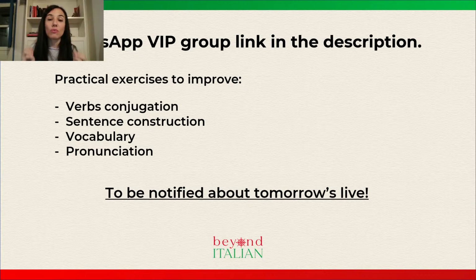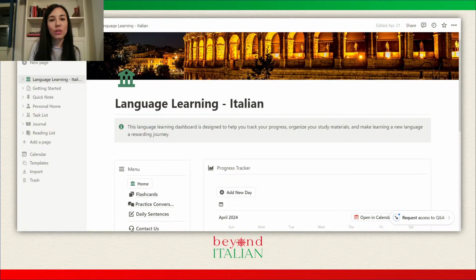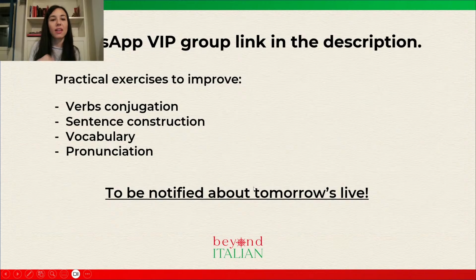Wednesday is focused on vocabulary. So I choose a word connected with the topic of the week, and I invite you to find 4 other words connected to this word. What you can do is add again the new vocabulary here on flashcards. And then the last one, pronunciation. We focus on pronunciation on Friday. On Friday, I share the 4 words connected to the words I chose for Wednesday, and then I send a vocal message to show you the pronunciation of these words.